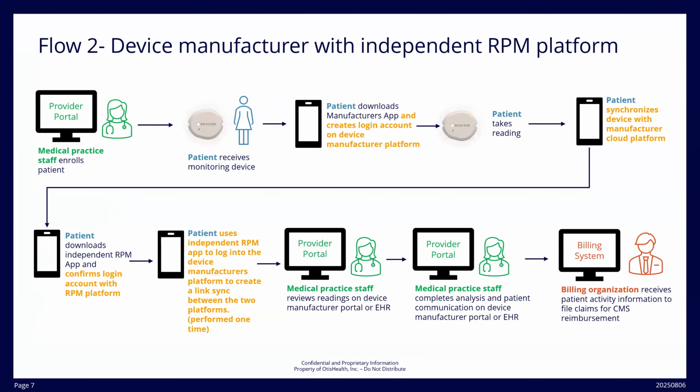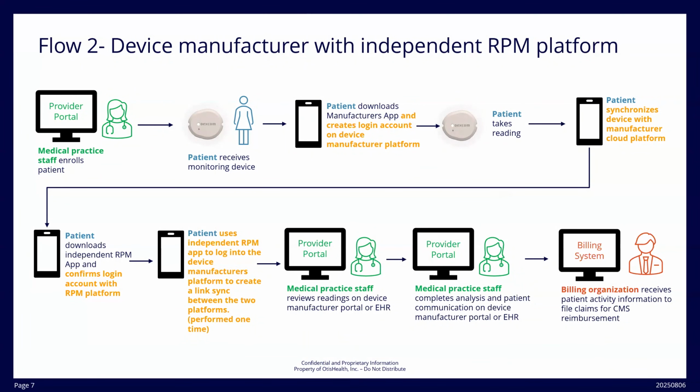If we're looking at a hybrid of using a manufacturer's device, their app, and an independent RPM platform, this is what the flow may look like. In this case, the medical practice would use an app or a platform that's provided by the independent RPM platform company. The patient uses a monitoring device, and then the patient downloads the manufacturer's app and creates a login account